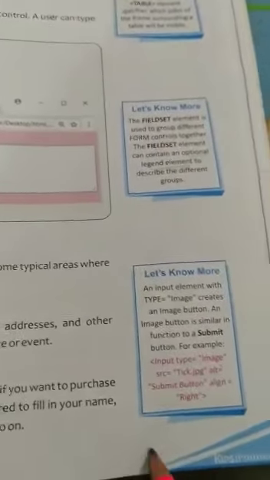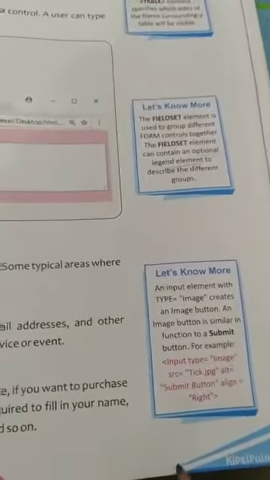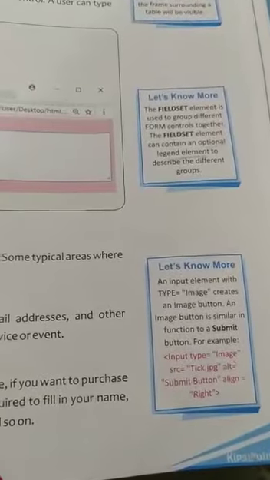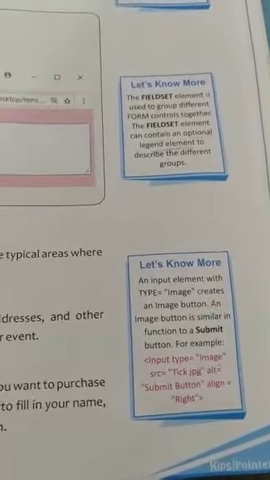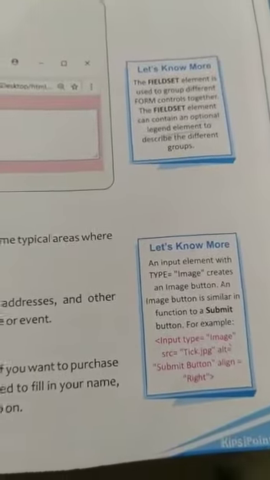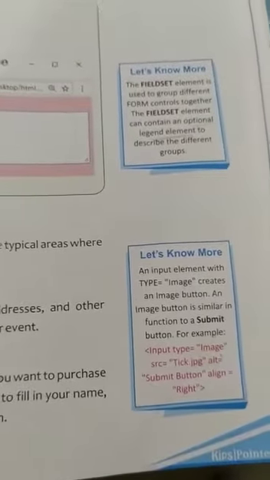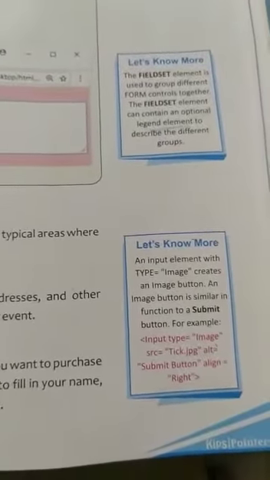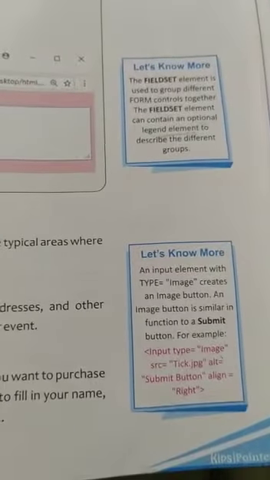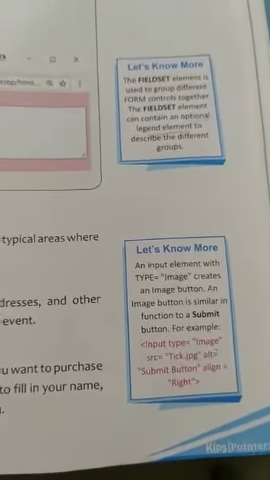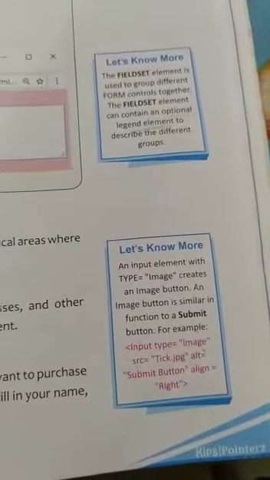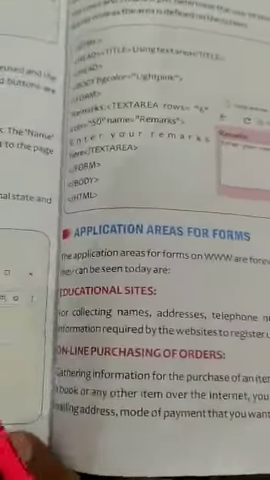Image buttons have the same effect as a submit button, the only difference is that instead of a normal submit button, we can place an image of our choice. Attributes of image button are: name, which specifies the name of the object through which it can be referenced. SRC specifies the path of the image. Border specifies the border of the image. Alt specifies the alternate text.